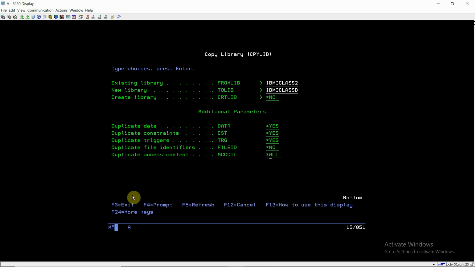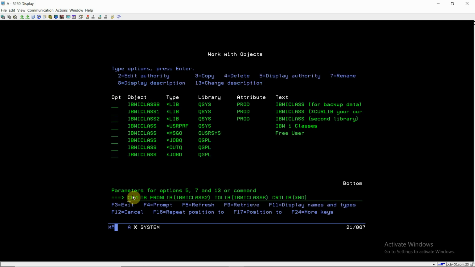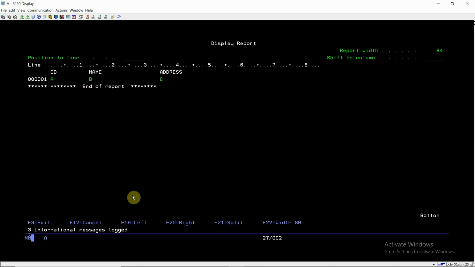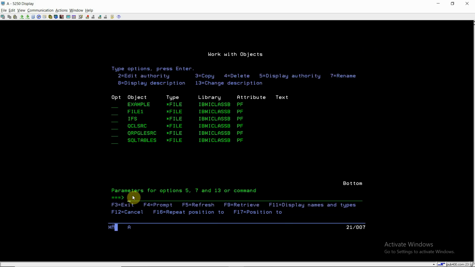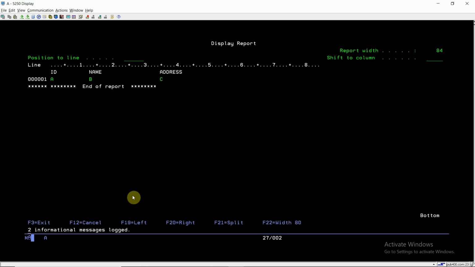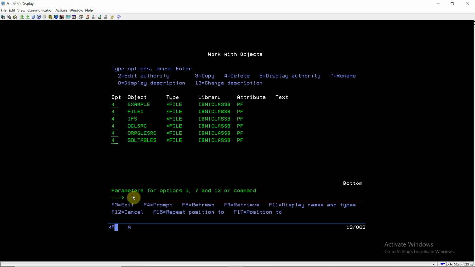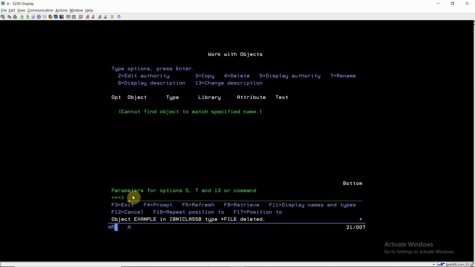So for example, just do work object on this, just delete, wait for a minute, and check with run query star n on IBMI class B slash file1, whether this file has some data or not. Yes, this has one record.